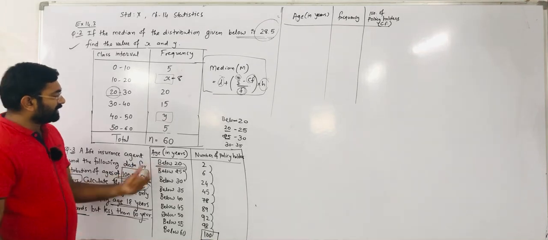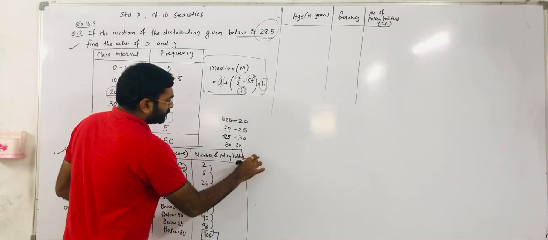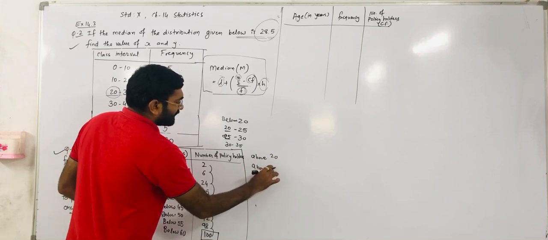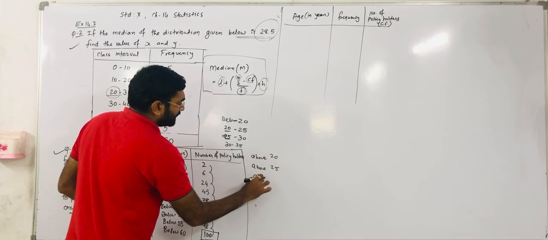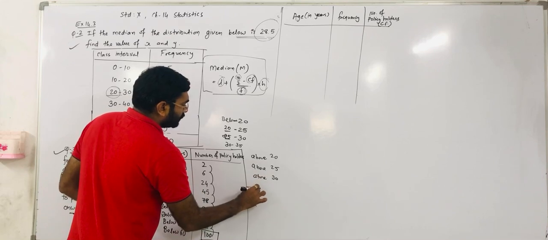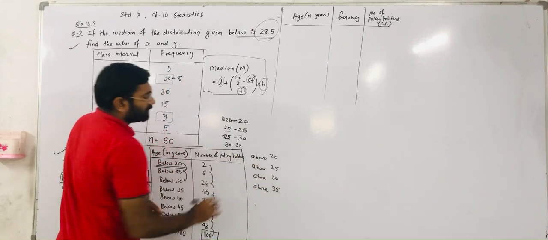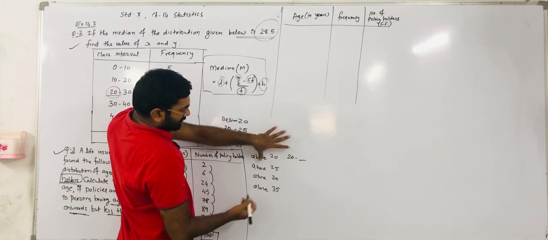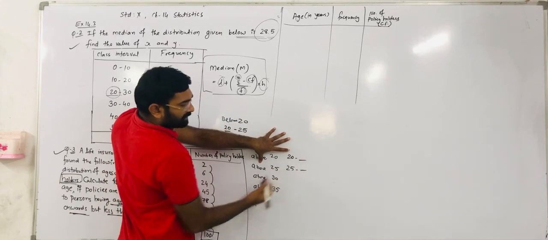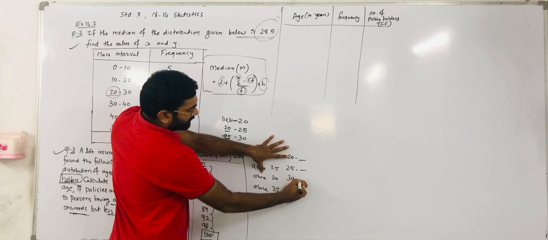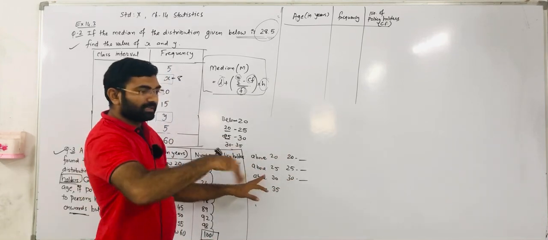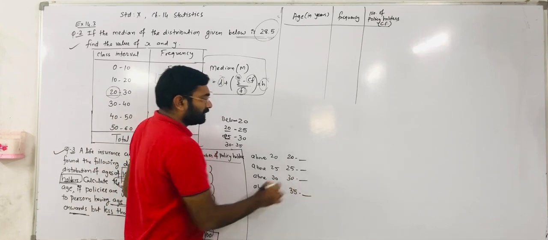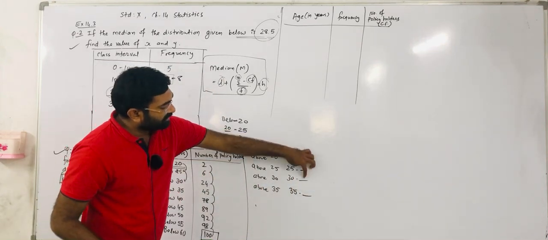Another way, suppose they give above 20. Suppose if anyone has a question, then how can we write their classes? Above 30, right? Above 35. So above 20 means 20 after, there is some number. Here 25 after, some number we require. 30 after, right? Because above 30 means greater, right? Above 35 means 35 after. So after which number do we have to write?